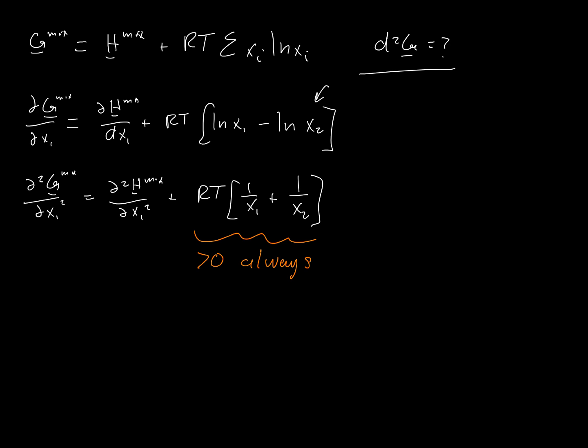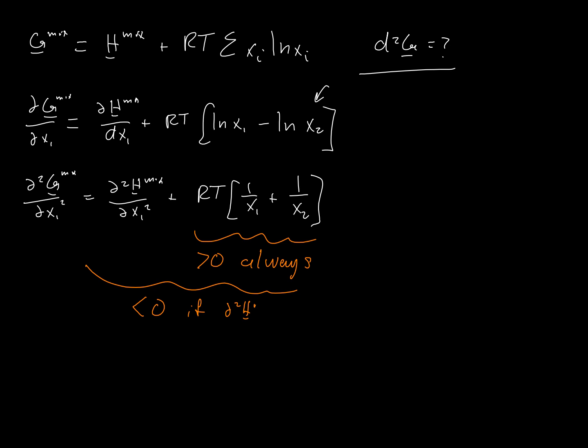But that's x2, so we have to have a minus sign, throw it back in there. So we can clearly see here that based on the ideal entropy of mixing, the only way that this can be less than 0